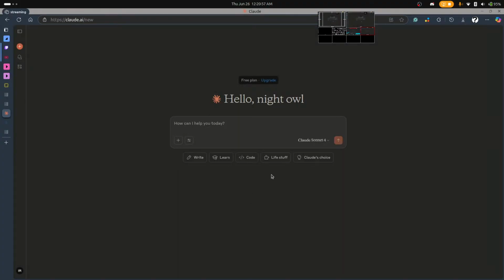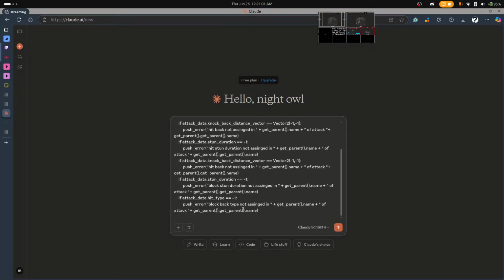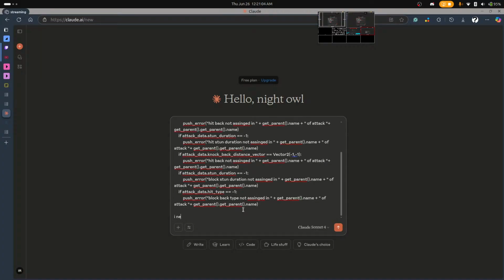What the heck is this? Not now, I don't care. Control V. I need this Godot code reordered and fix for the variables using the next message. Send.